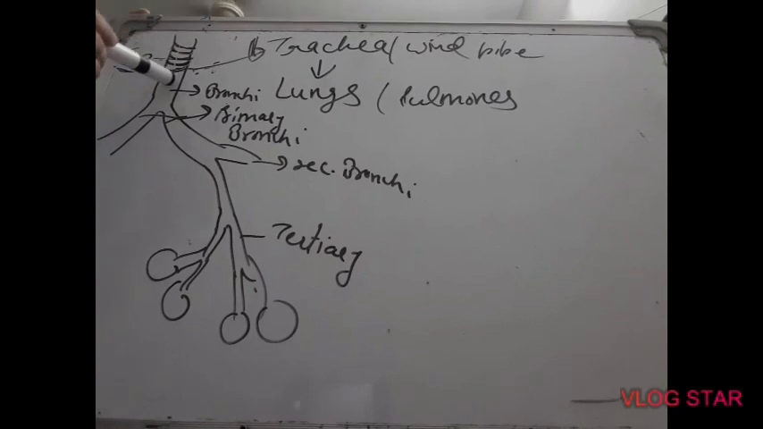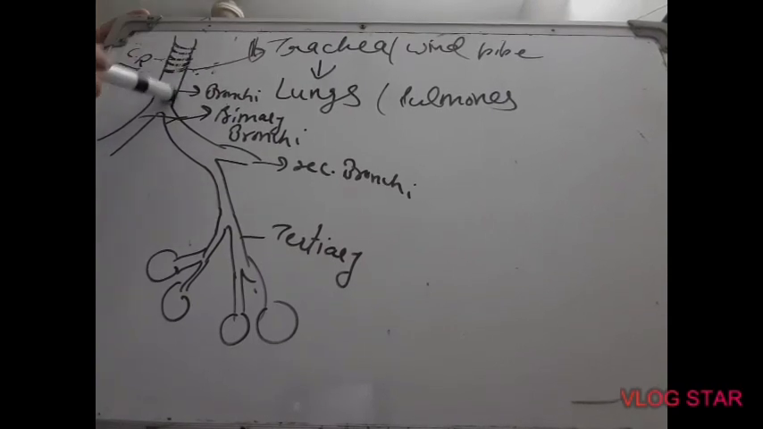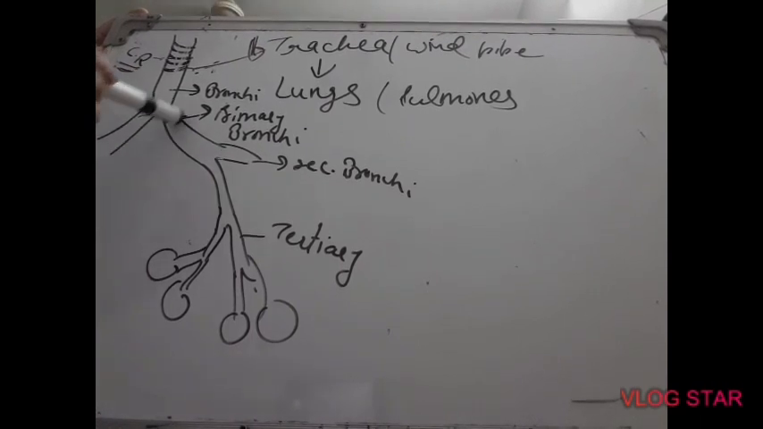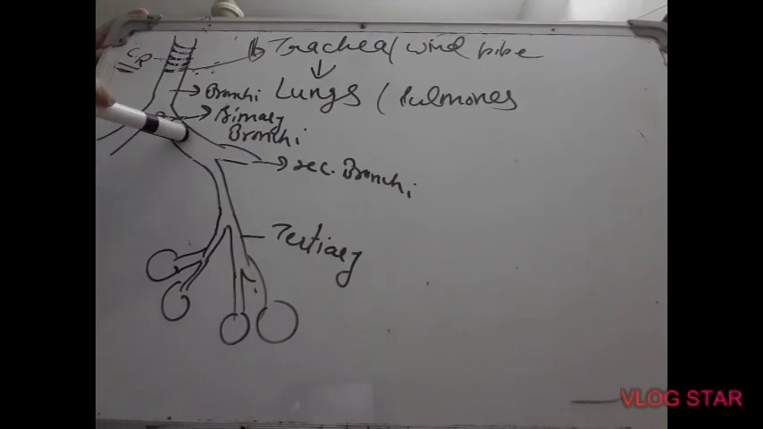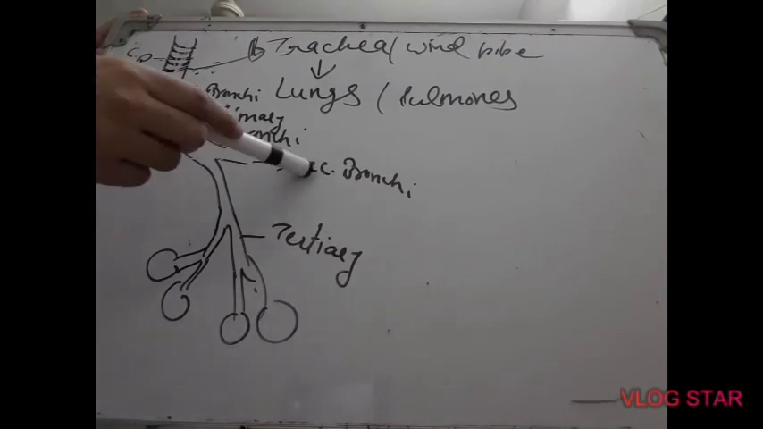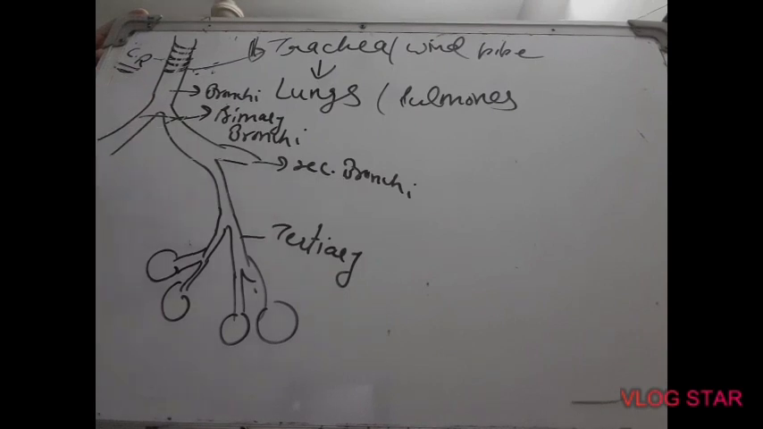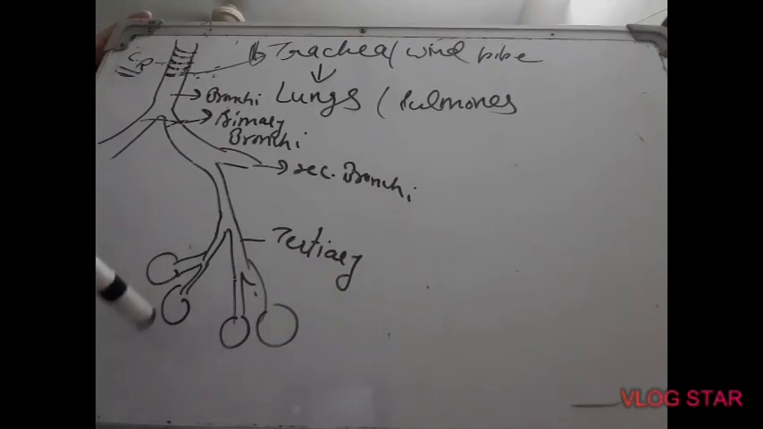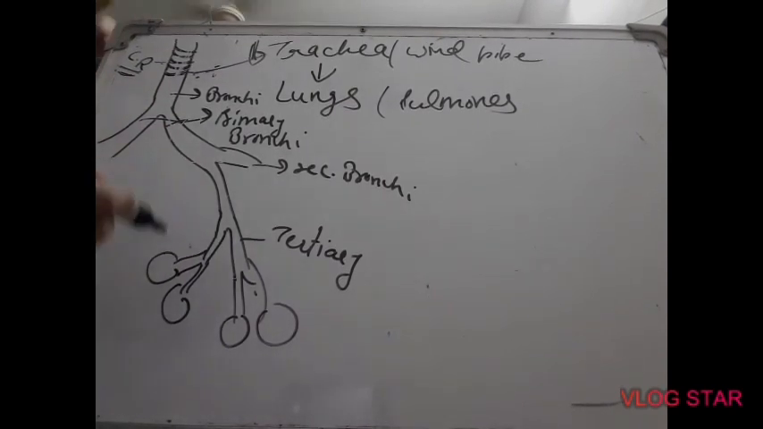Now this trachea divides into two pipes, the bronchi. These two pipes are known as primary bronchi. Each primary bronchus goes to each lung. This goes to the left lung and this primary bronchus goes to the right lung. Each primary bronchus further divides into secondary bronchi in both the lungs, and each secondary bronchus divides into tertiary bronchi. So on it keeps dividing, and at the end of the bronchioles, there are